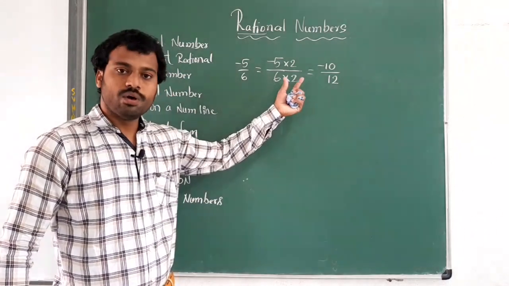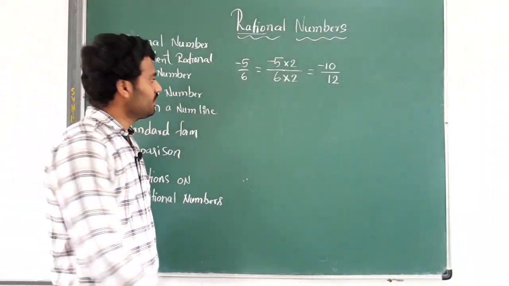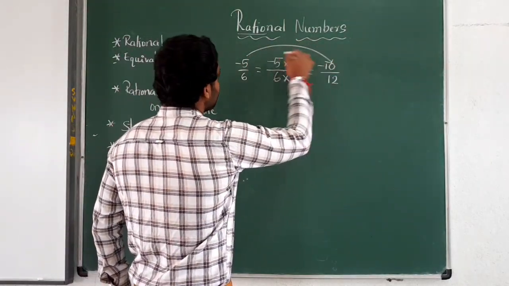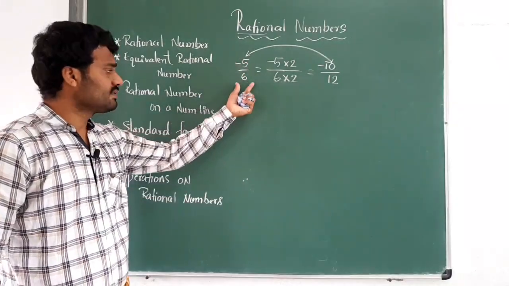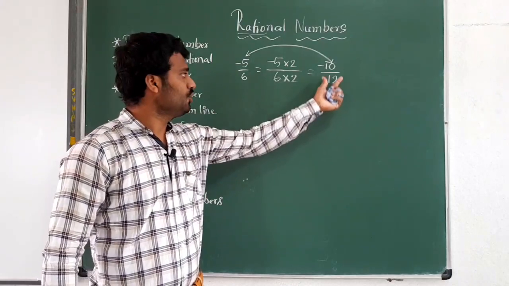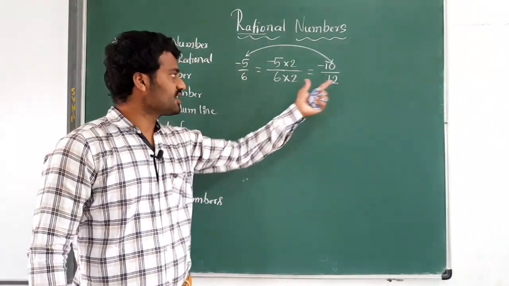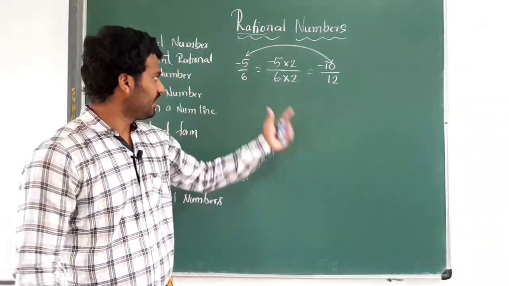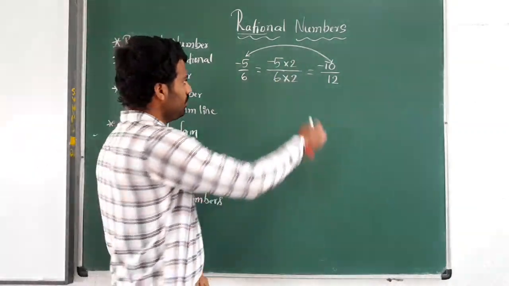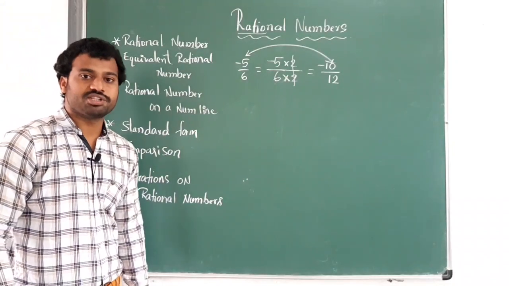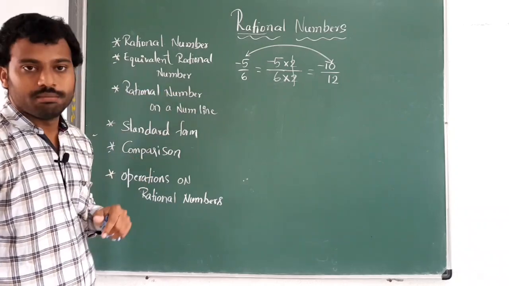After multiplying one non-zero value to both numerator and denominator, we got this rational number. So directly we can say these two are equal. Clear or not? Minus 5 by 6 is equivalent to minus 10 by 12. If you simplify it, both the rationals will give the same value. You can write with the equal sign. Why? Because we multiply the same number and we cancel. If you cancel, the same rational you will get. Clear or not? So, equivalent rational number.